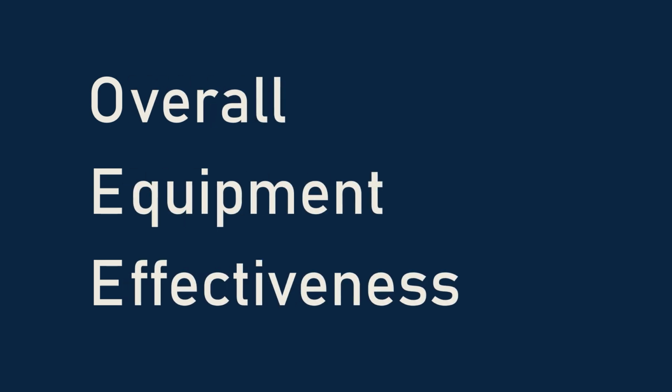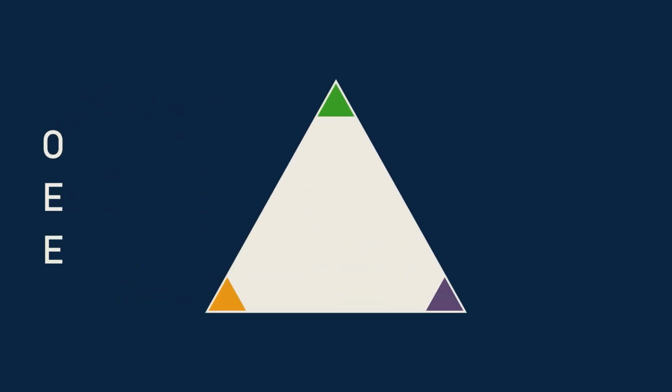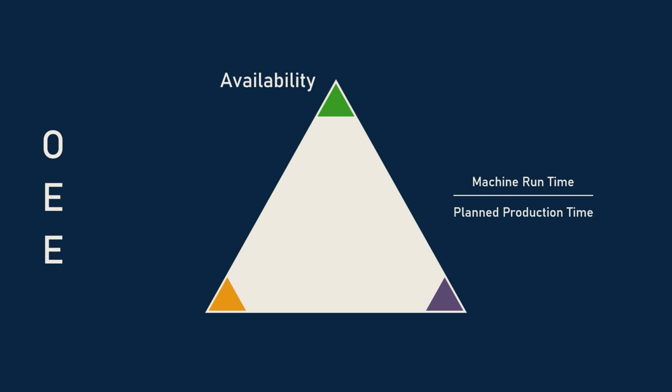What is OEE? Overall Equipment Effectiveness. It is a combination of three key factors: availability, or machine runtime, divided by planned production time;